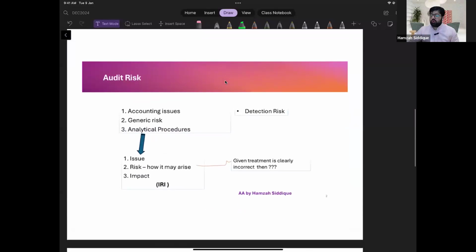So we were talking about audit risk when we are addressing the scenarios. When we are doing that, there will be three types of things which we can find within the scenario as audit risks. So when we are reading the scenario, we must know there will be three types of issues that might be audit risk. So the first is